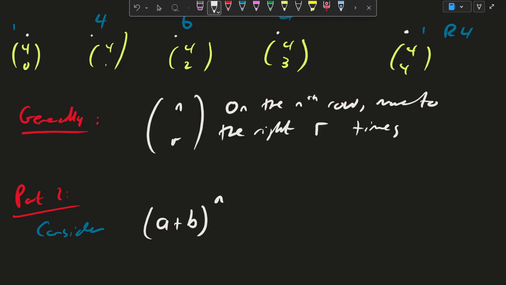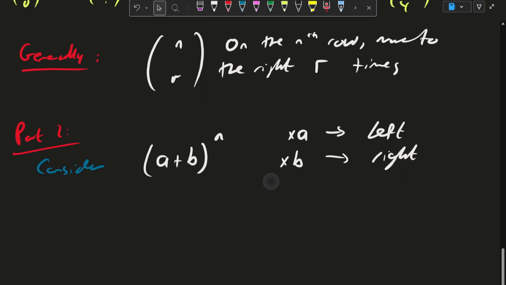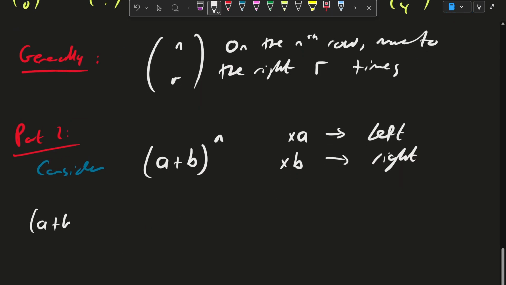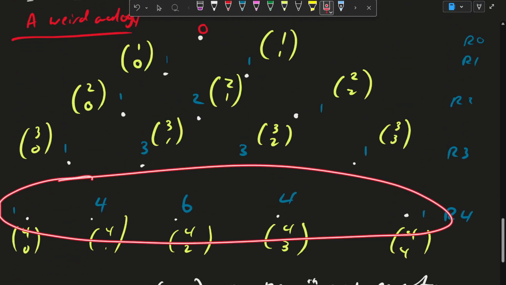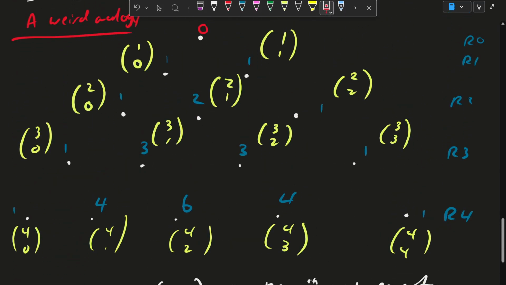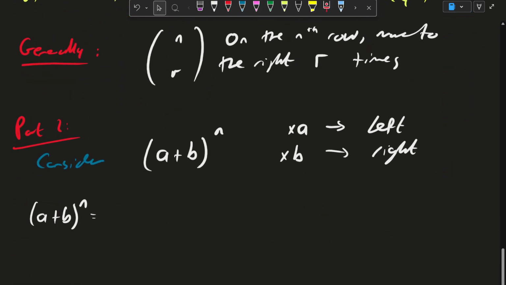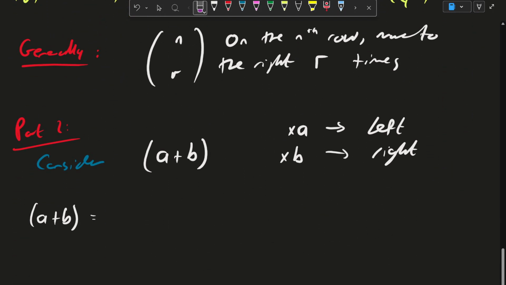Anytime we multiply by a, that corresponds to moving to the left, and anytime we multiply by b, that corresponds with moving to the right. So note that we can express this a plus b to the n as simply a sum of all of the possible ways we can reach that row and each of the individual pegs. So even if this were to the power of 5, for example,